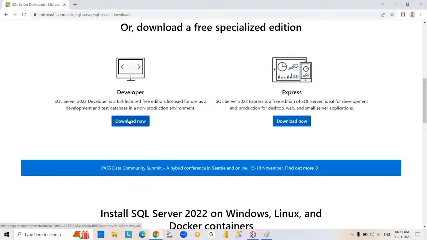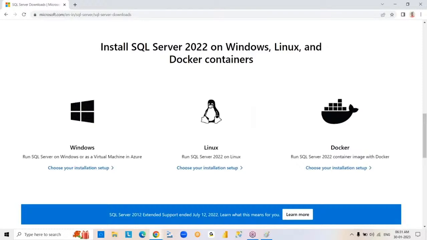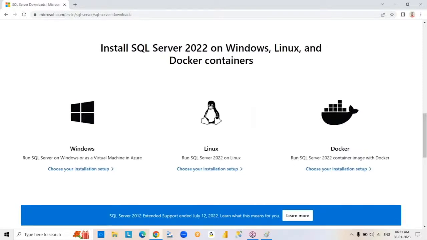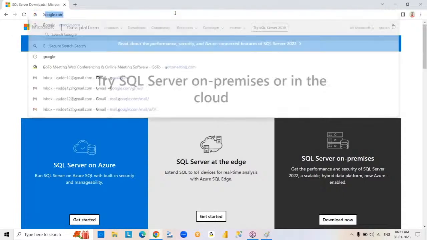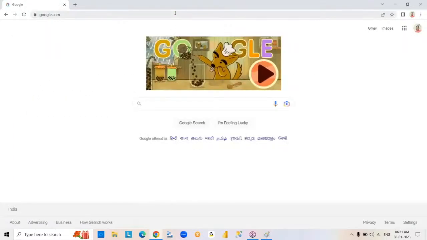So we can download it and install. Okay. Now, an installation video I will share. Next, after completion of the SQL Server installation,